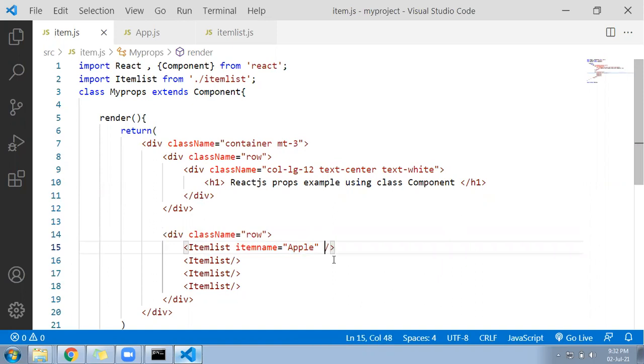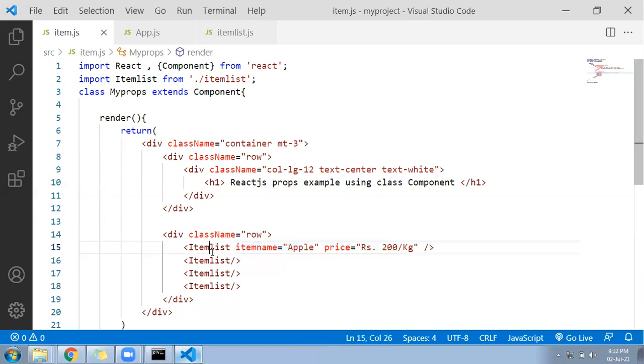Let me go for the next. I'll write price equal to 200 per kg. Let me put the rupees symbol in the beginning. So price becomes another property. Correct? It's a user defined property, not a predefined property.